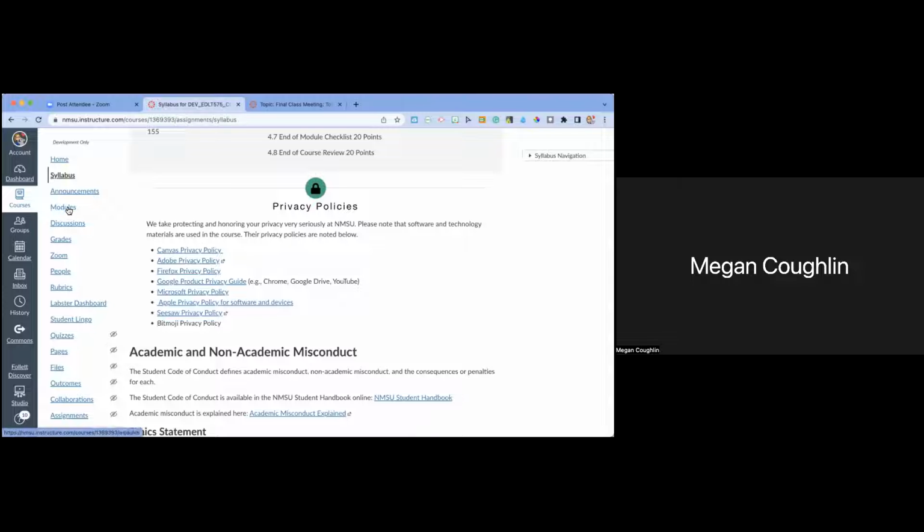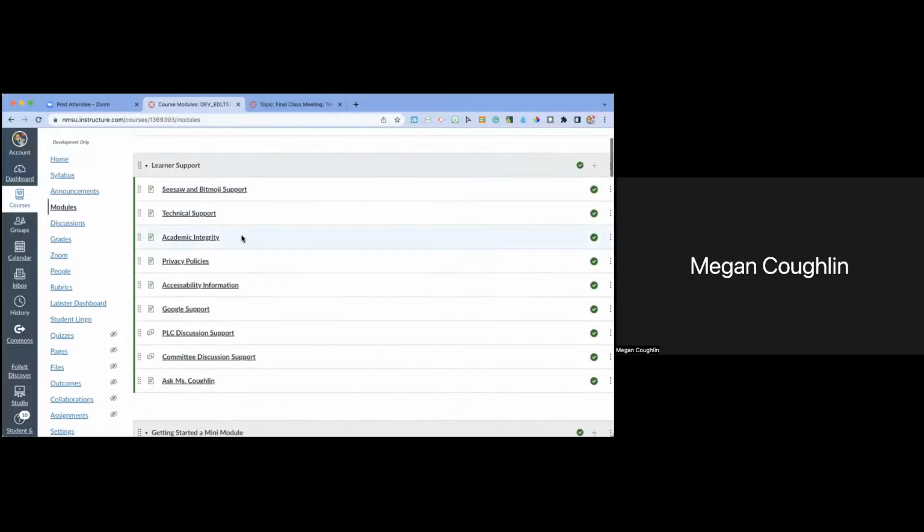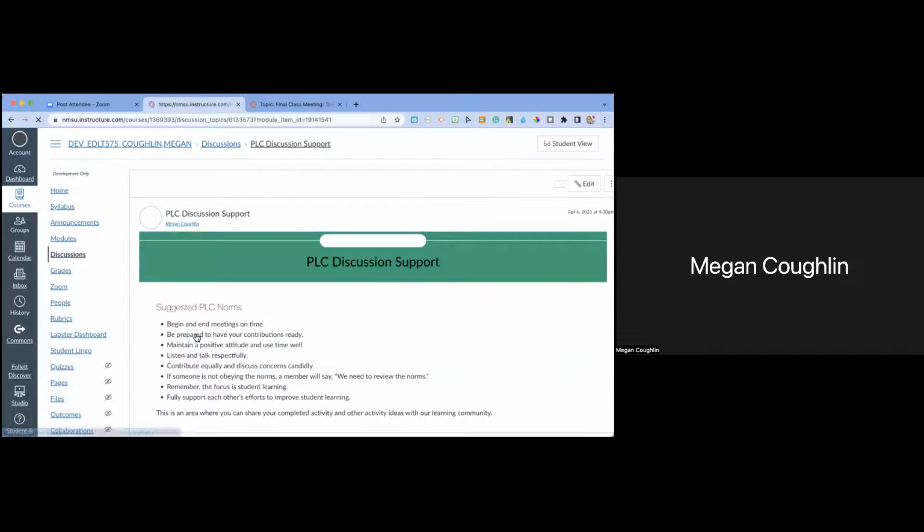Next, I'm going to go ahead and go to my modules. I have, of course, my learner support. So I have Seesaw and Bitmoji support, technical support, all of these different things. Let's see, my favorite one that I would choose, I'll go with this one, is the PLC discussion support.